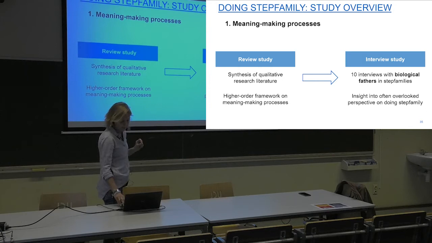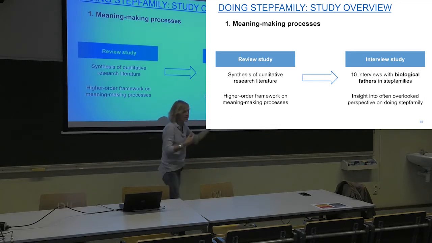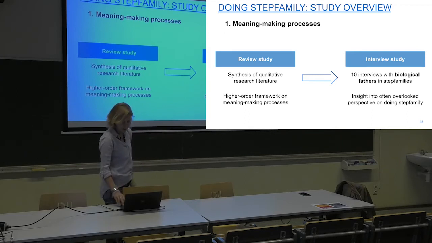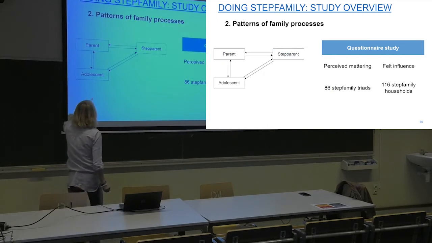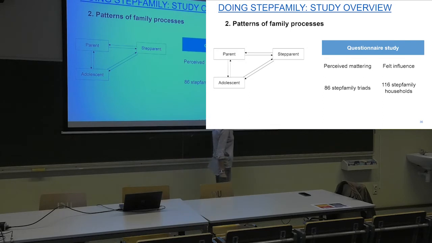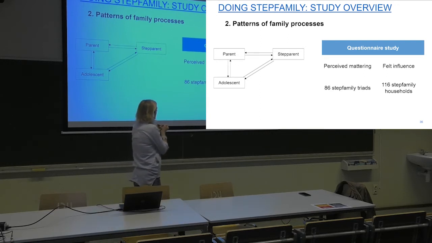It's often the other way around. I mean, most of the step families is fathers coming in, stepfathers, but she did the opposite. She said, okay, these are the fathers with their children, and this is the biological fathers. And then, and this is interesting, she did the social relations model on mattering and influence. And influence, we will talk again about when we do the example of Jan. So these were the two main processes that she wanted to study.